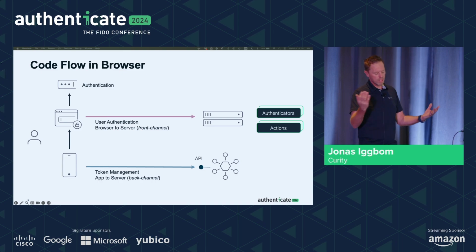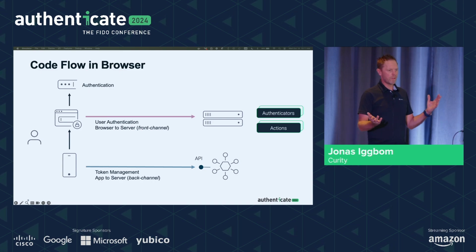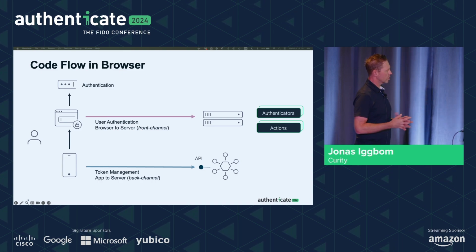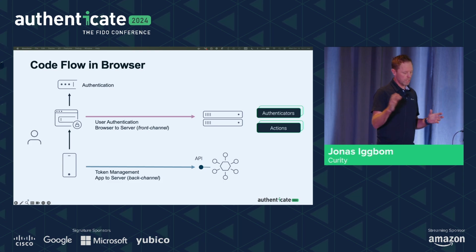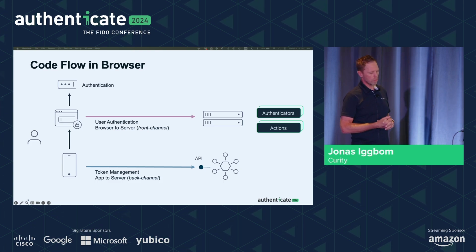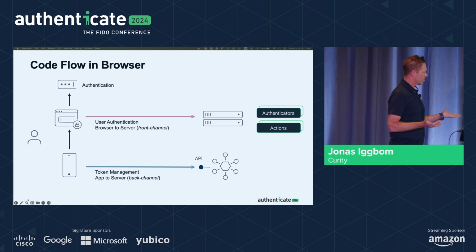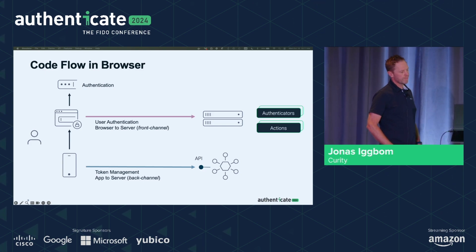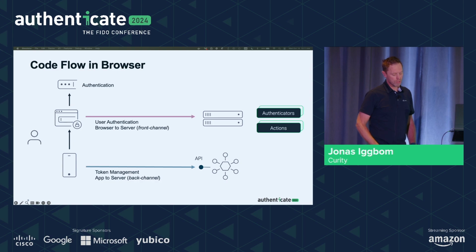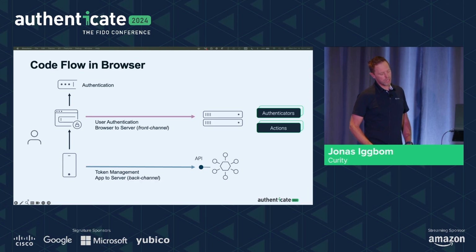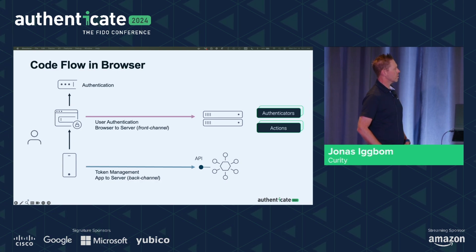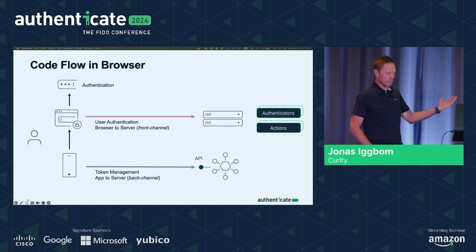That then figures out, okay, what do I have? I have 5 different authenticators that I should display for the user here, or there are all sorts of mechanisms to control that, right? And then authentication happens. The back channel call to the authorization server will redeem this code for tokens,